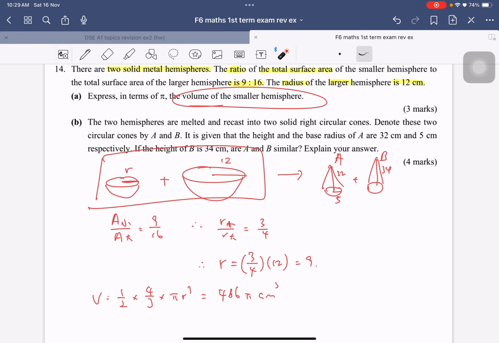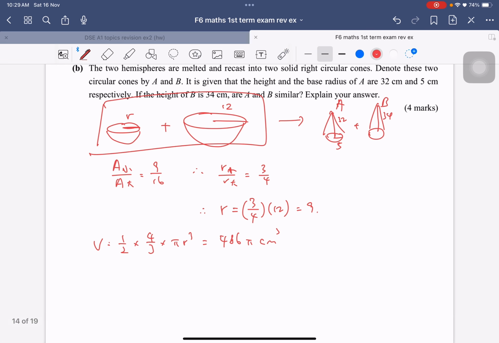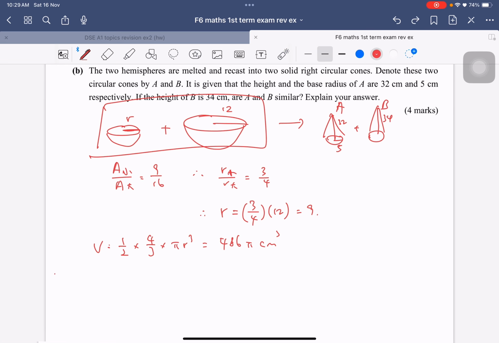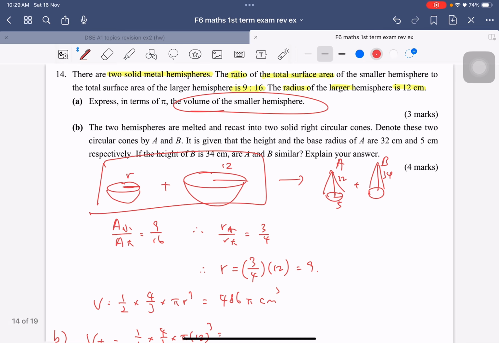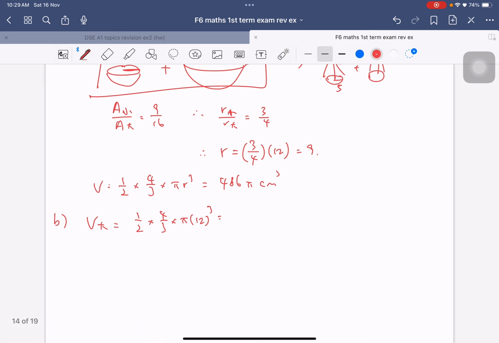So first of all, we're trying to find out the volume of each of them. As the volume of these two cones added up is equal to the volume of the two hemispheres added up, now we do part B. The volume of the larger hemisphere is equal to 1/2 times 4/3 times pi times 12 cubed, because the larger radius is 12. Using your calculator, this is equal to 1152 pi cm cubed. So the total volume is equal to 1152 pi plus 486 pi, giving you